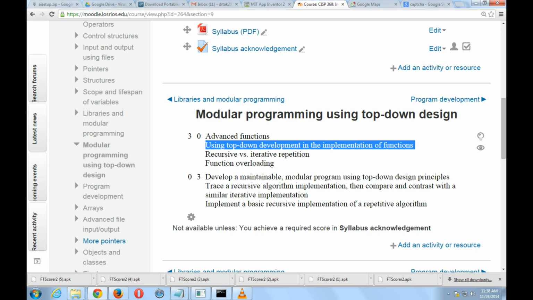Okay, so if top-down design is so great, why do I have a problem with this statement here? Let's take a look at this statement again: using top-down development in the implementation of functions. Top-down is a terrific way of organizing something. When I say organizing something, it means breaking a program that you're going to write into parts. It's just like structuring your English writing paper. You break it down into big sections first, and then within each big section,